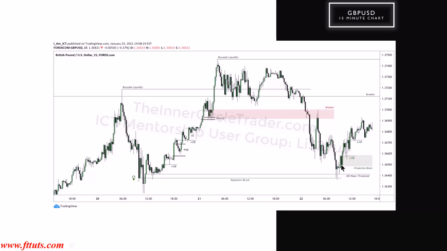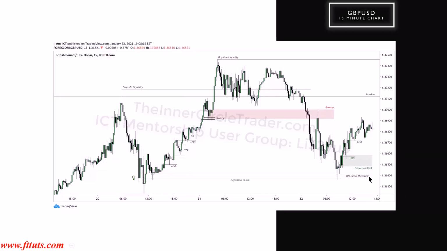You don't want to see a bullish order block on top of another order block go in beyond 50%. In other words, if it breaches the mean threshold on a closing basis, then it's not likely to be a high probability projection block. Now, if you're new and you're part of the group that just came in on January 27th, 2021, these are lessons that you will learn. I think, if I'm not mistaken, off the top of my head, it's in month 4's content. It gets introduced. I'm teaching you more here than you know just by having those lessons.